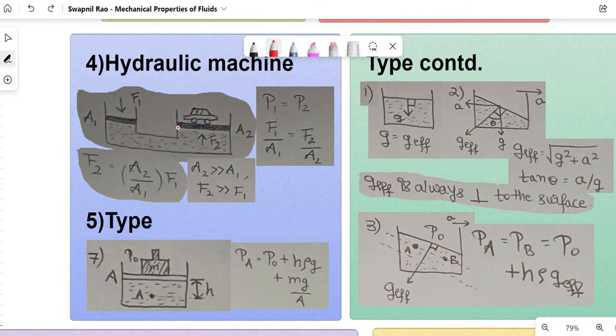And over here, let's say the point of output of this force F2 is having an area A2, and the car is over here. So how these machines work is that we have to know the main concept behind this, which is pressure one is equal to pressure 2. So using the formula F by A, we'll be able to equate it, and we'll be getting this formula, which,